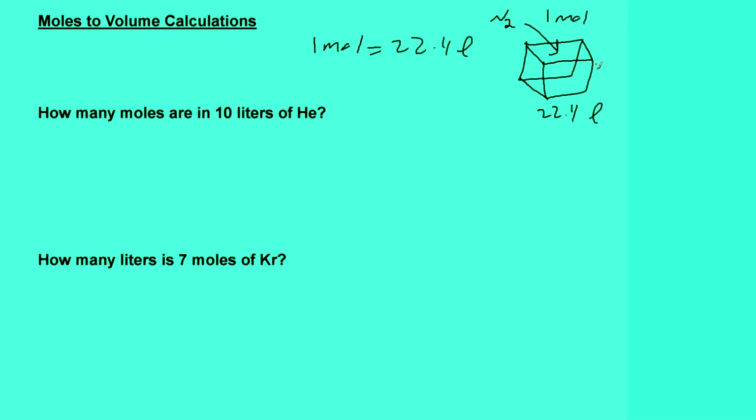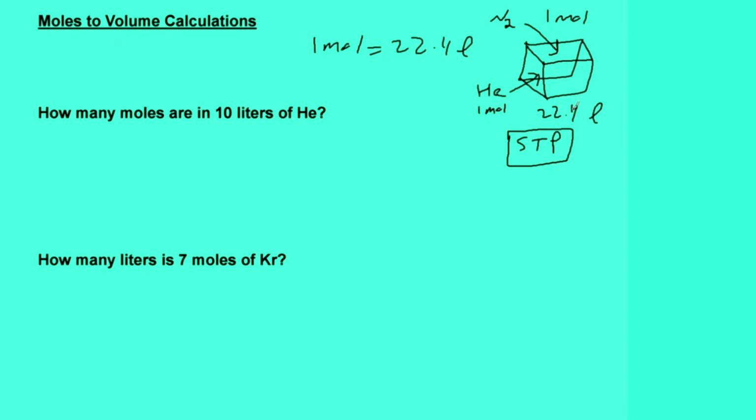mole of nitrogen. It could be helium. It doesn't matter what the gas is. It would be 1 mole at something called STP, standard temperature and pressure, which is like room pressure and temperature. This will change when we start doing gas laws, but for now, we're just going to do it like at room temperature conditions. Okay, no matter what gas it is, under these conditions, they're going to take up a volume